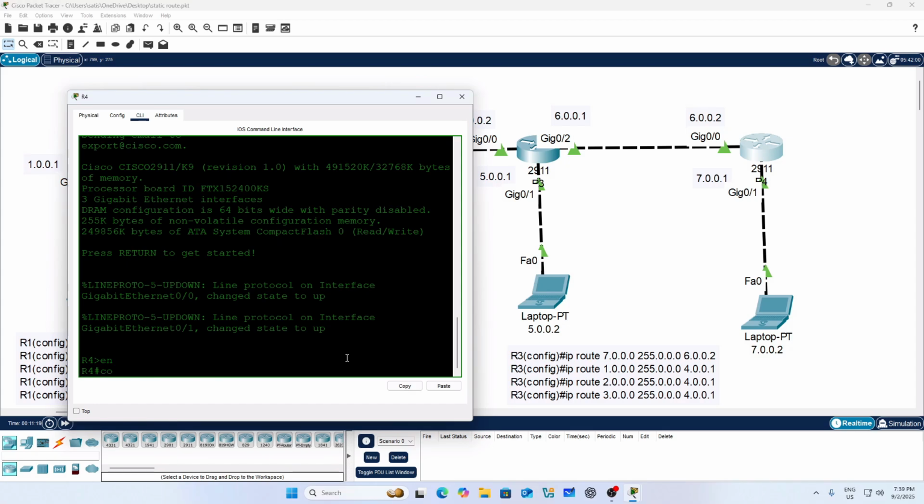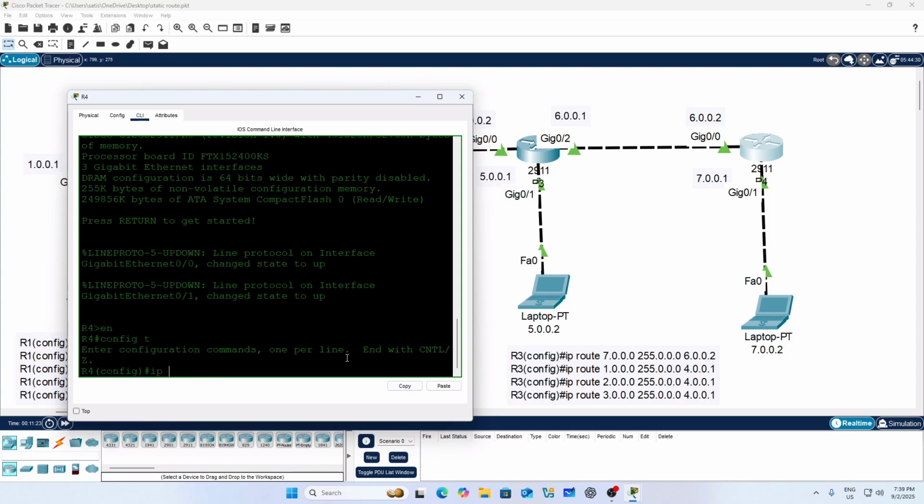Enable, config T, IP route 1.0.0.0 subnet mask, and you have to go through 6.0.0.1.